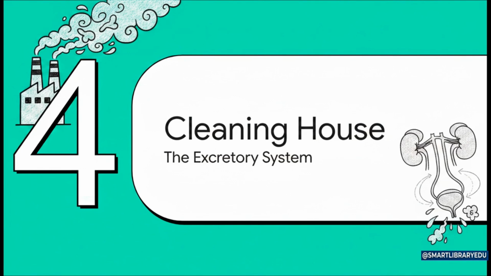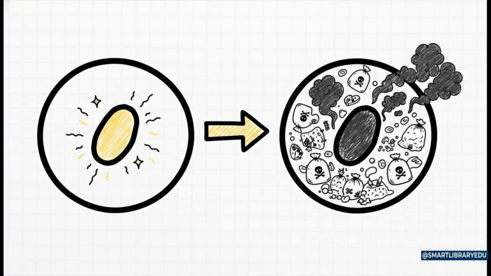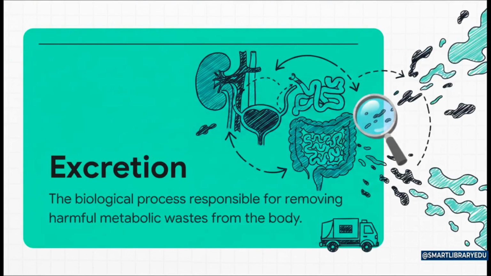And that brings us to our final and totally crucial life process, taking out the trash. All of those reactions that are producing energy also create byproducts, leftovers. And if that waste isn't removed, it can actually become toxic, basically poisoning the cells from the inside out. This vital process of waste removal is called excretion. You can think of it as the body's sanitation department, and honestly, without it, the entire system would just grind